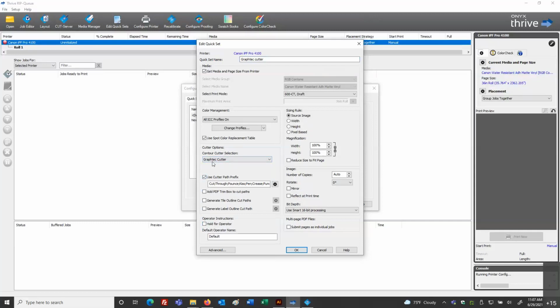But now we do have a cutter model selected. In the cutter path prefix designations, all of these different names are the names that will be the setting for the spot color in the design file, and how that is then going to go over to the Graphtec cutter and control the blade for cutting.